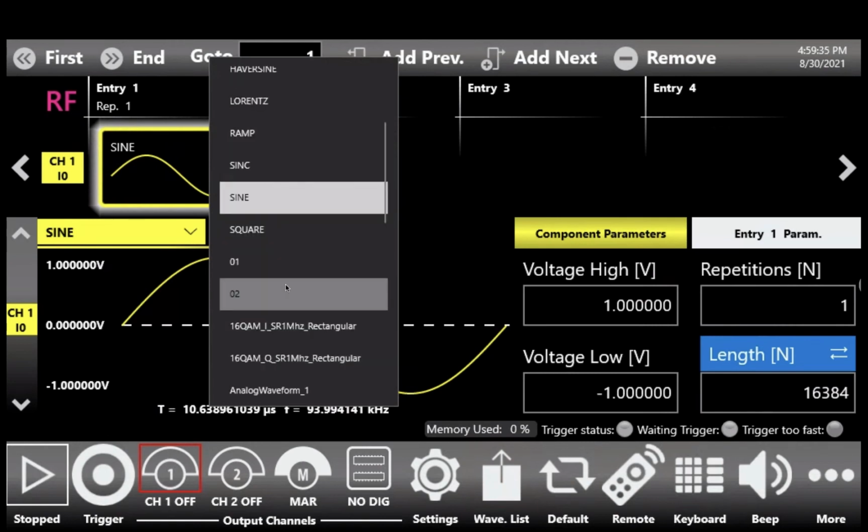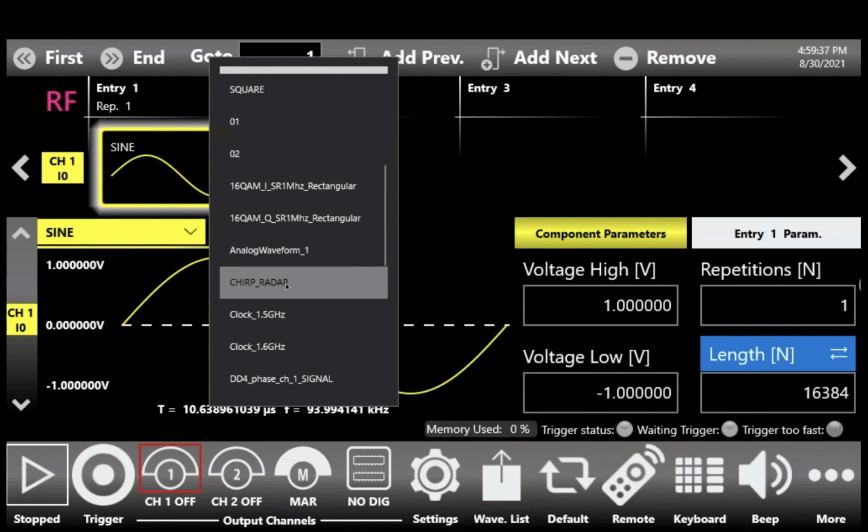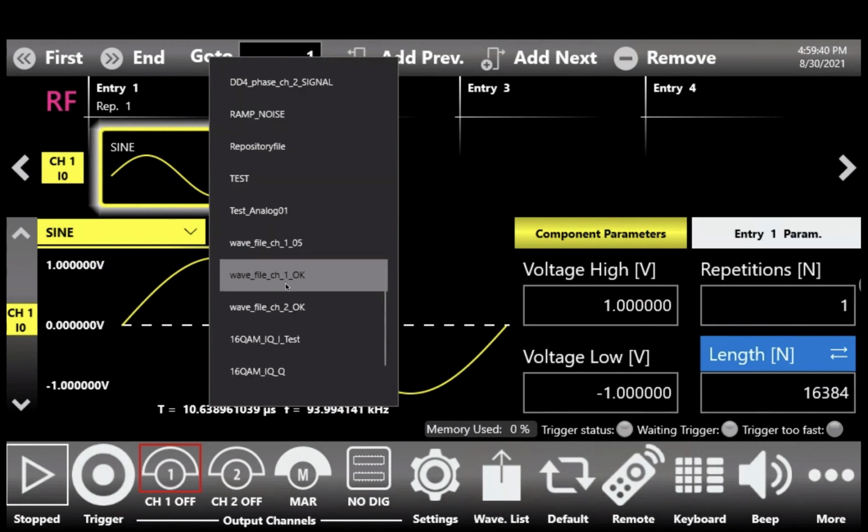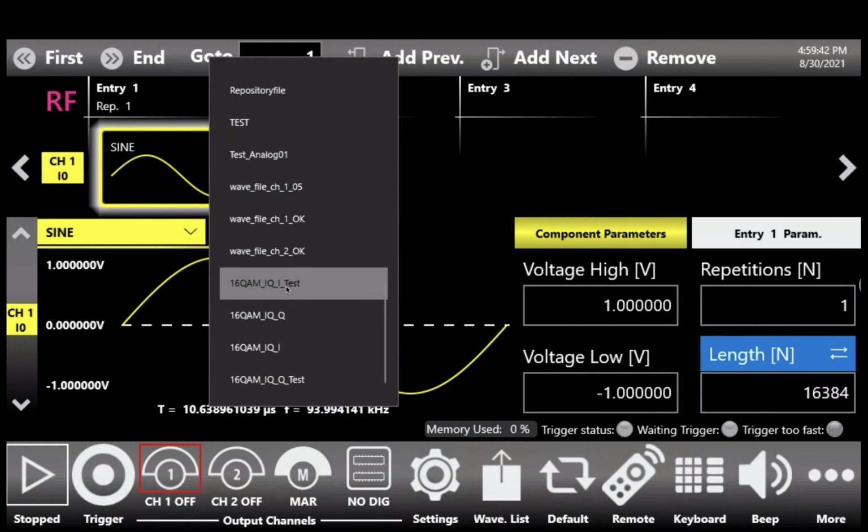At this point, we have to just insert the two baseband signals in the sequencer entry 1 and press the Start button to start the generation.